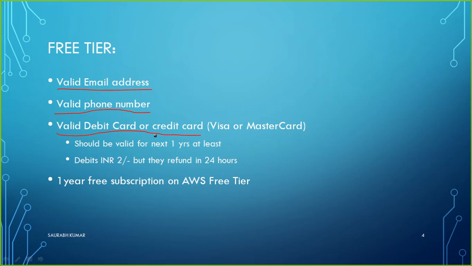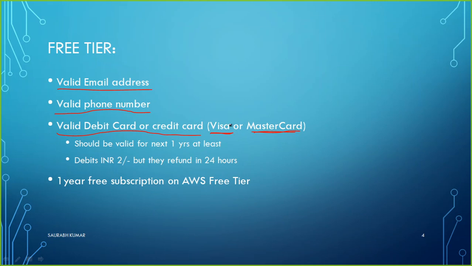So while creating a free tier account on AWS Amazon, you will be able to use any one of them, but the condition is the card should be in the category of either a Visa card or a MasterCard. If you have any other kind of card, like maybe if you are an Indian user and you have a RuPay card or something, then those cards are not going to work for you. So you need to have either a Visa card or a MasterCard. If you have a debit card or credit card, you will see it written there, Visa card or MasterCard. So it will work only when you have a Visa card or MasterCard.